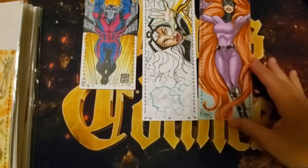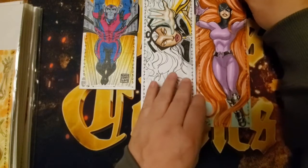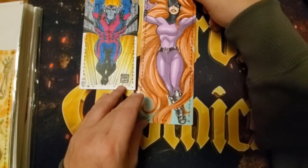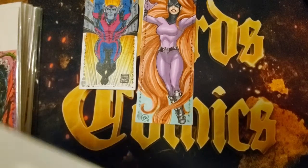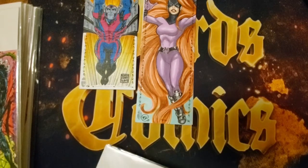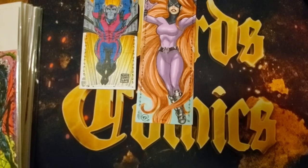So it's our second quad. Quads, you know, are not as rare in this set as they have been. But they kind of made the odds a little bit better on some of the quads and the 5x7. So it looks like most of these are going to be quads and